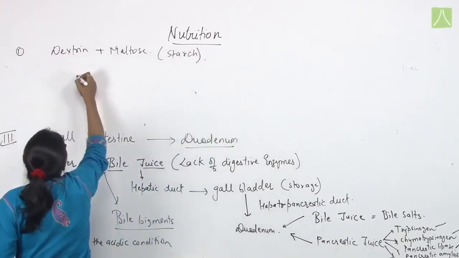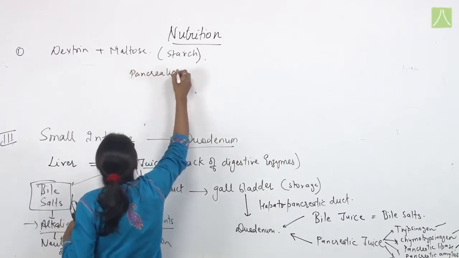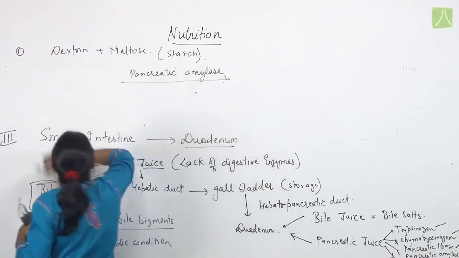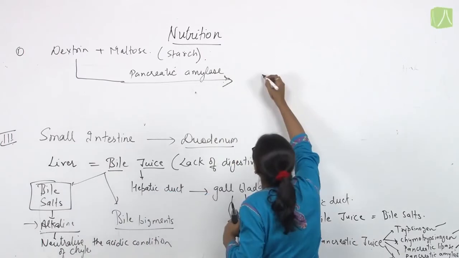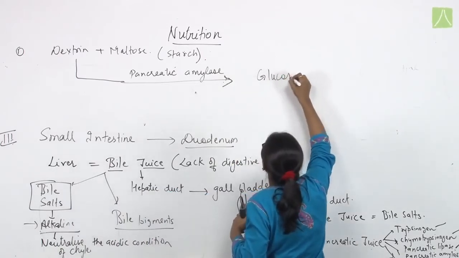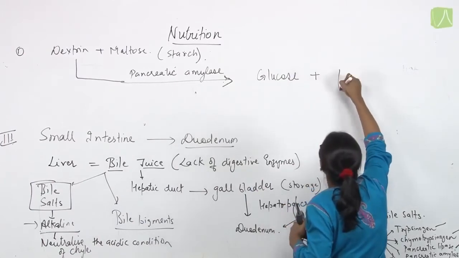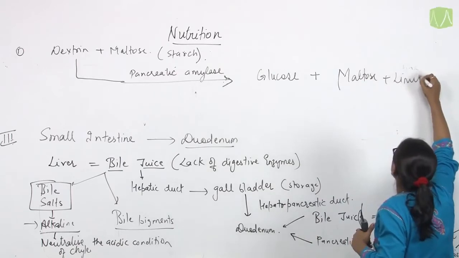Now this pancreatic amylase will act on it and give different products like glucose plus another molecules of maltose plus limit dextrins,